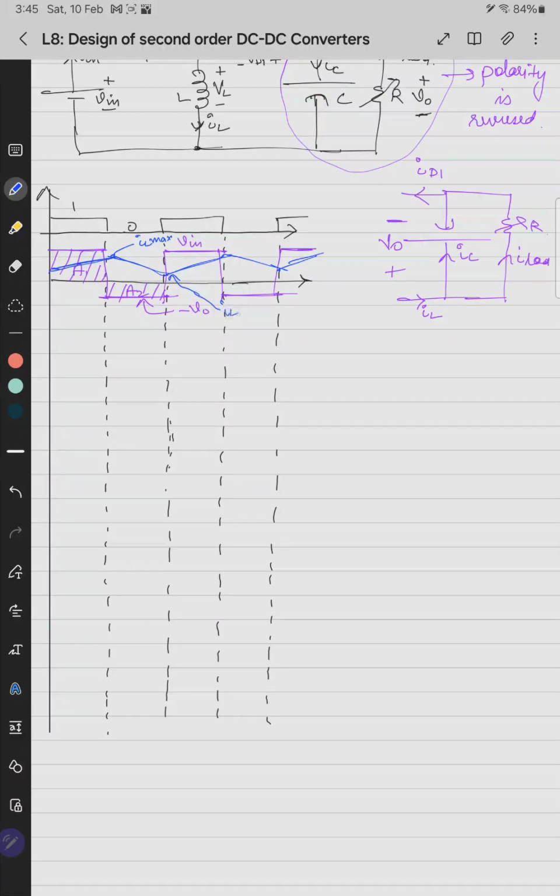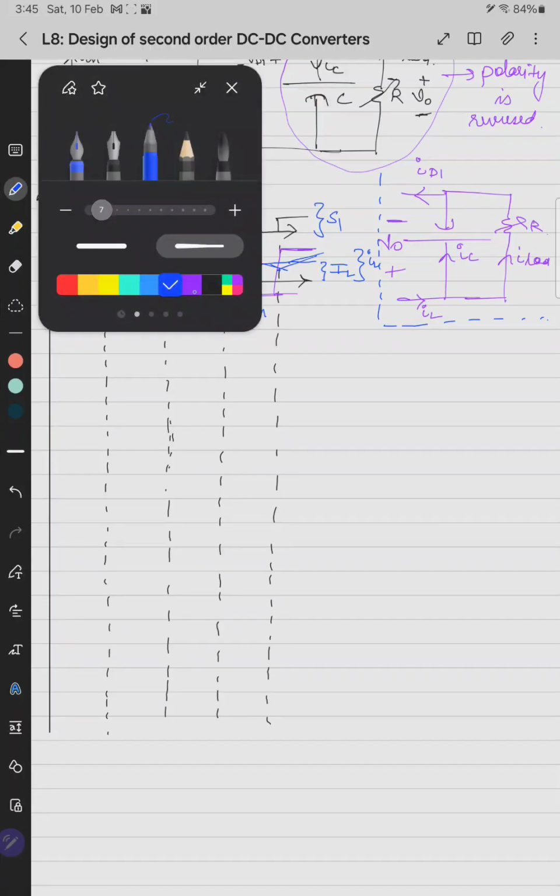This will be IL min, and this will be capital IL. This waveform belongs to S1, this waveform belongs to inductor current and voltage. So moving on to the next state,